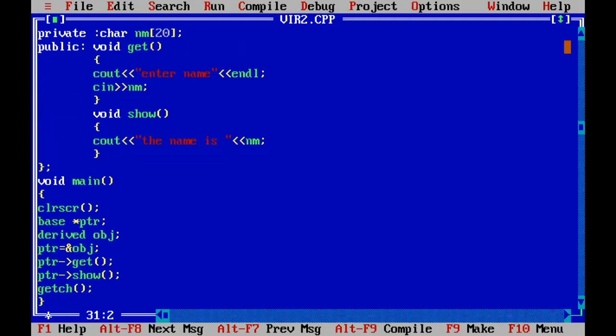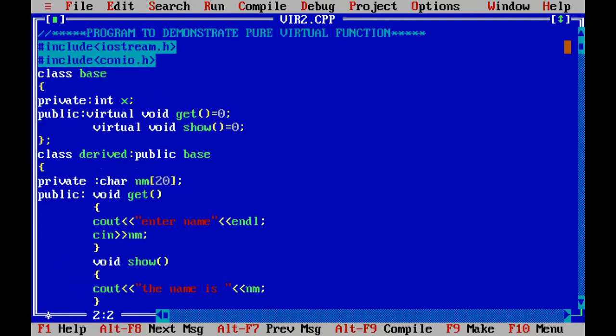Now we'll quickly review this program. Here in this program, as I told you, pure virtual functions are the functions in which we give the definition of the virtual function as 0. So a pure virtual function is a function which is declared in the base class, but it has no definition relative to the base class.